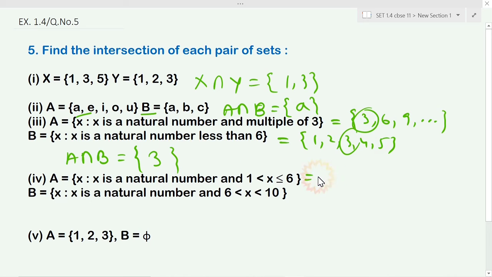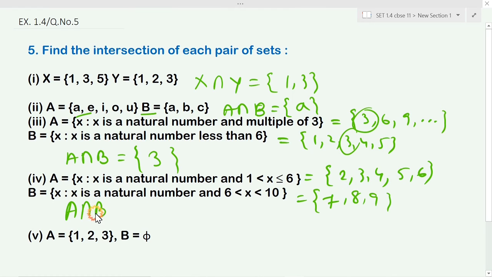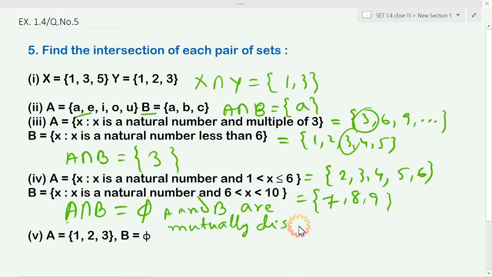Now for this question, A equals 2, 3, 4, 5, 6. For this question, B equals 7, 8, 9. But there is no common element between these two sets. So A intersection B equals empty set, and so A and B are mutually disjoint